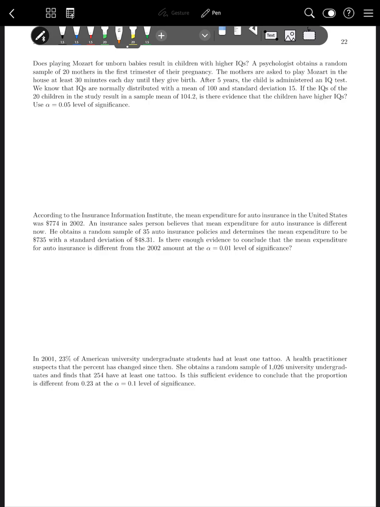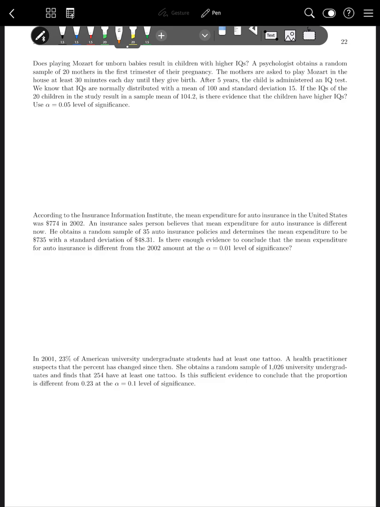So does playing Mozart for unborn babies result in children with higher IQs? A psychologist obtains a random sample of 20 mothers in their first trimester of pregnancy. The mothers are asked to play Mozart in the house at least 30 minutes each day until they give birth. After 5 years, the child is administered an IQ test. We know that IQs are normally distributed with a mean of 100 and a standard deviation of 15. If IQs of children in the study result in a sample mean of 104, is there evidence that the children